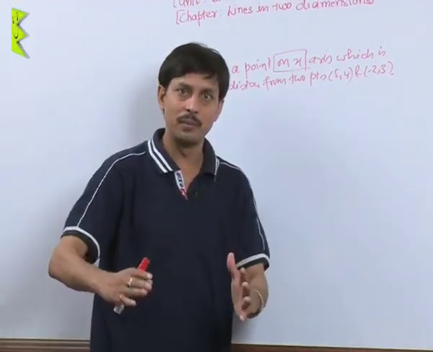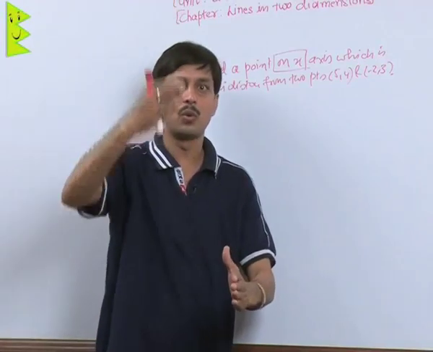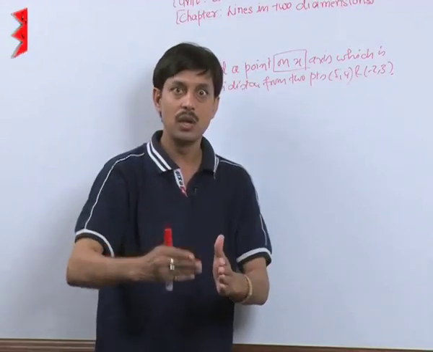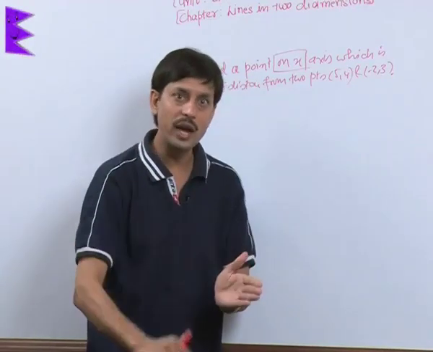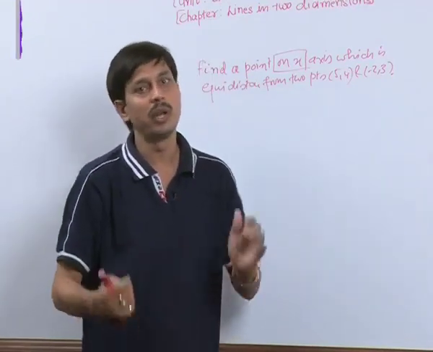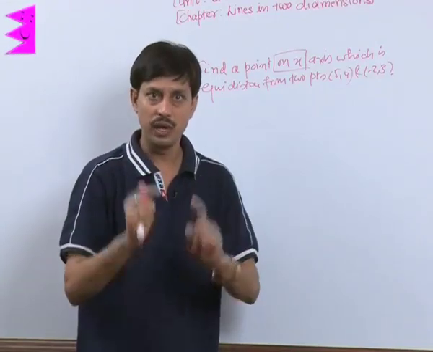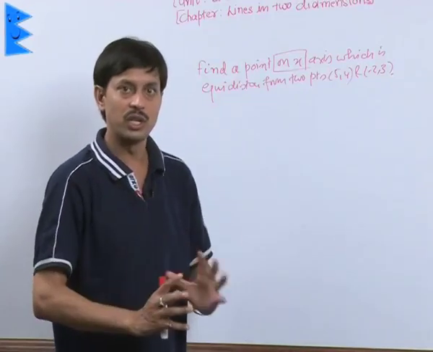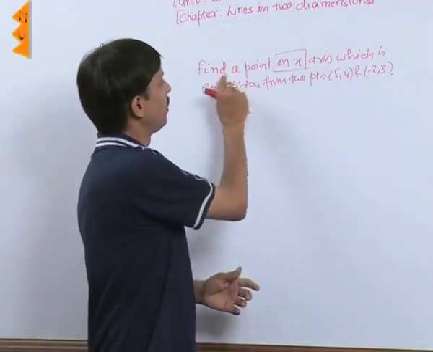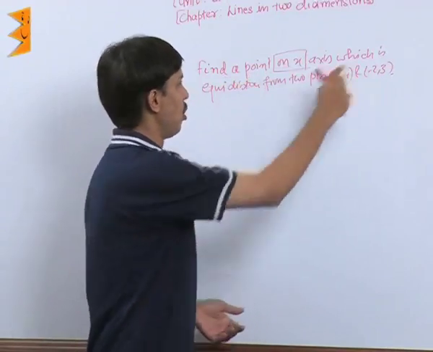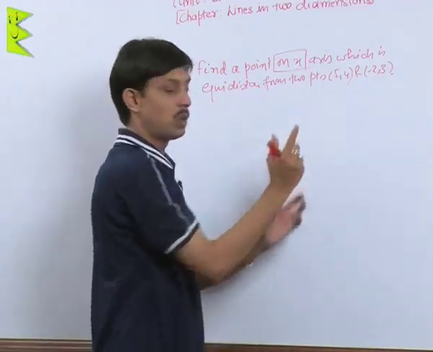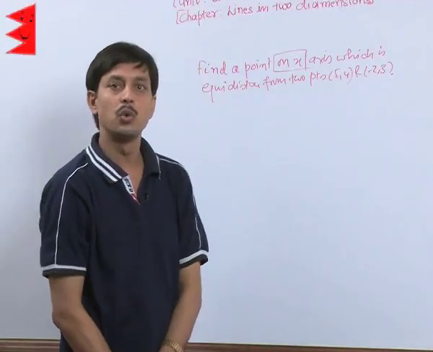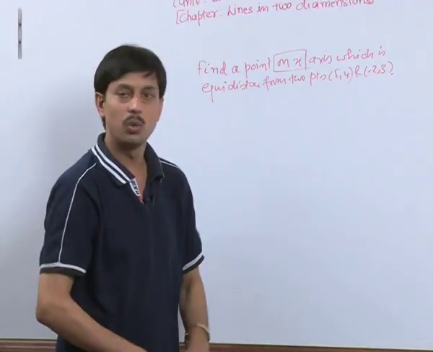Similarly, you always remember whenever one talks about the y-axis, the vertical axis, the y values may be any positive or negative, but the answer of x on the y-axis is always 0. Here the question is to find a point on the x-axis which is equidistant from two given points (5, 4) and (-2, 3). This we need to calculate.